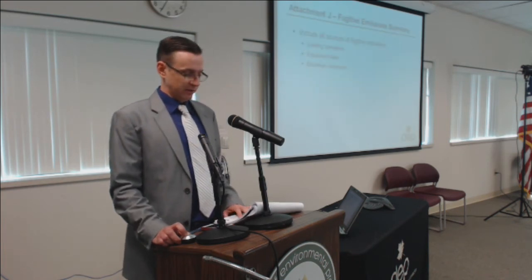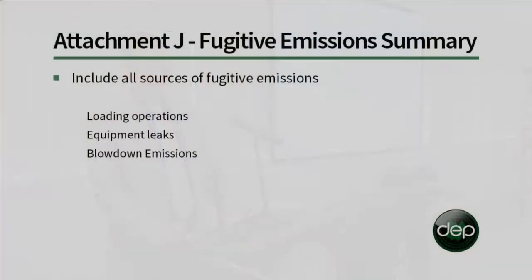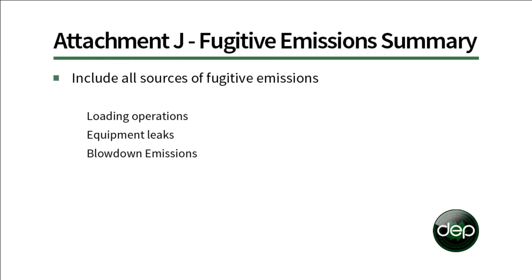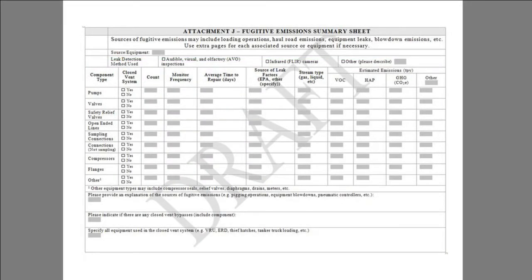The next thing is that we're asking for a fugitive emission summary. And we ask that you include all sources of fugitive emissions. Loading operations, equipment leaks, blowdown emissions. And those will be represented on page 12 of the application under attachment J,